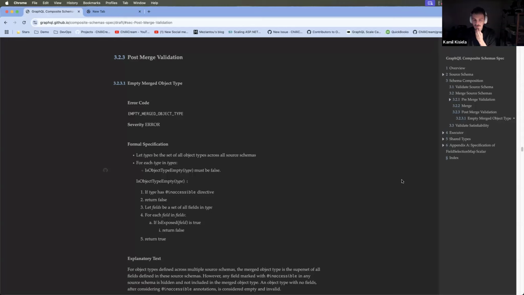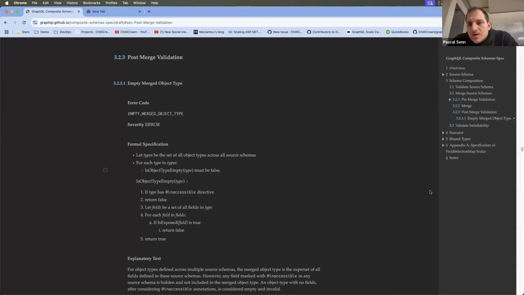One question about this post-merge. Let's say you have an interface and the interface is distributed, so a few fields are in one subgraph, a few in others. When do we actually check that all the types implementing the interface will have those? Is it at the merge stage or the post-merge stage? I think that's a post-merge validation. Yeah. It might even be a normal schema validation that we run on the supergraph in that specific case. Yeah, it will actually be within the subgraph itself, right? Because if you define those interfaces there, you need to have all the implementations within that subgraph.